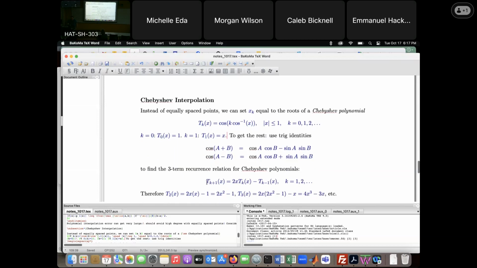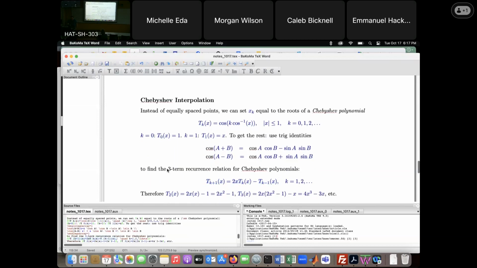From these you can get what's called a 3-term recurrence relation. Each Chebyshev polynomial depends on the previous two. Here are some examples: a second degree polynomial is 2x squared minus 1, and a third degree polynomial is 4x cubed minus 3x, and so on. There's one thing I want to point out though. If you look at the leading coefficients of all these Chebyshev polynomials, 1, 1 again, 2, 4, considering that you have this 2 in there,